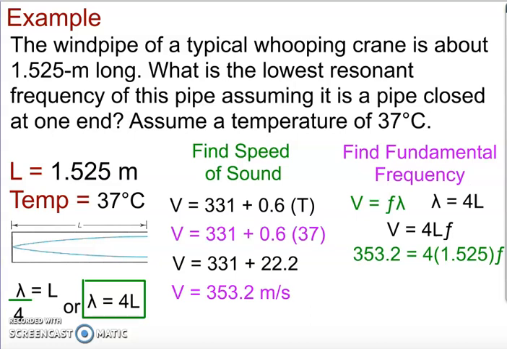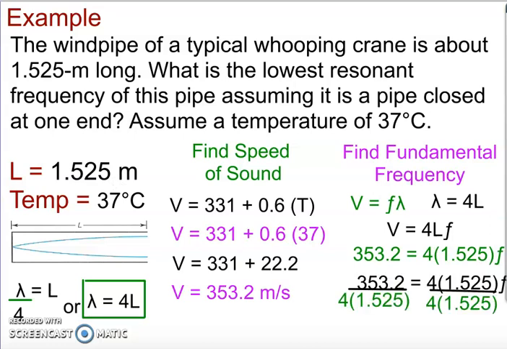I've got 353.2, the velocity I calculated, equals 4 times the length of the crane's neck, 1.525, times the frequency. I'm going to isolate frequency by dividing by 4 and 1.525 on both sides. That cancels from the one side, and when I do the algebra, I'm going to have a fundamental frequency of